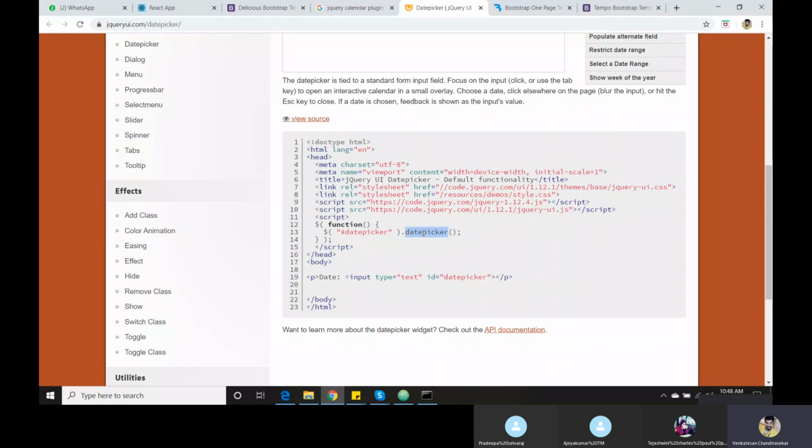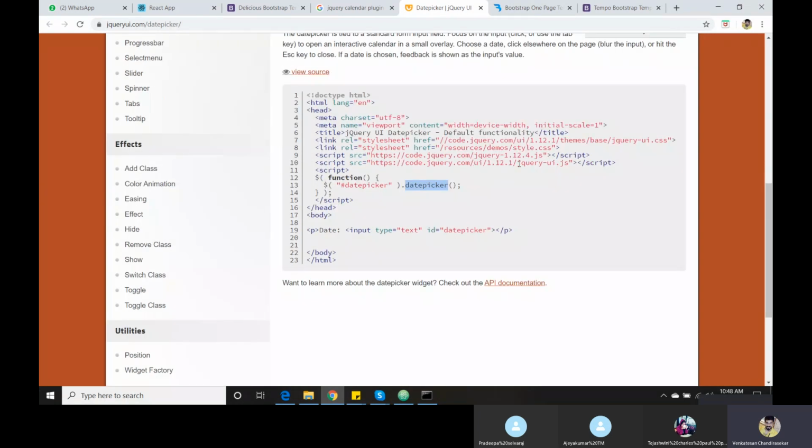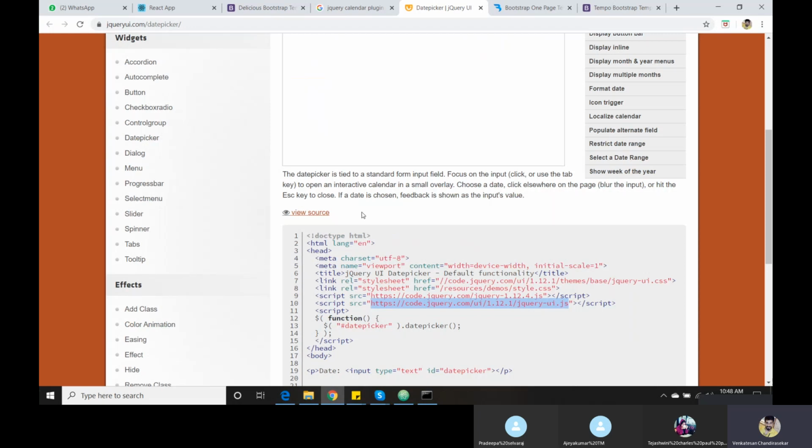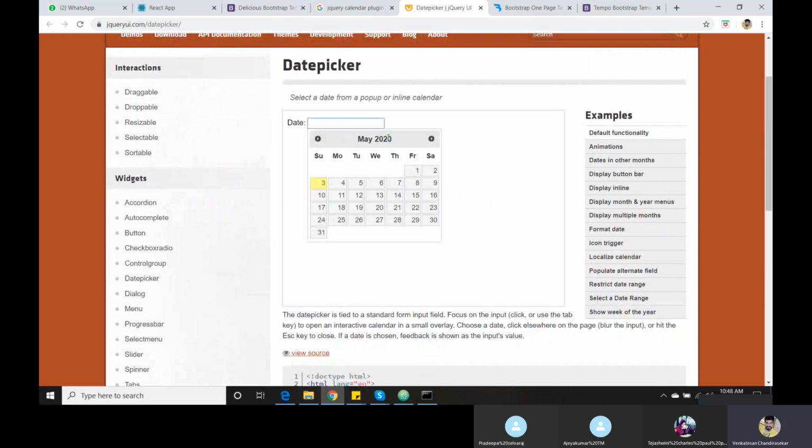Make a clear note of this: datepicker is a function, and inside this function there is some functionality. They wrote that code in jQuery UI.js. If I click, it shows the current month and the current date. This is called a jQuery plugin, and it is only JavaScript.